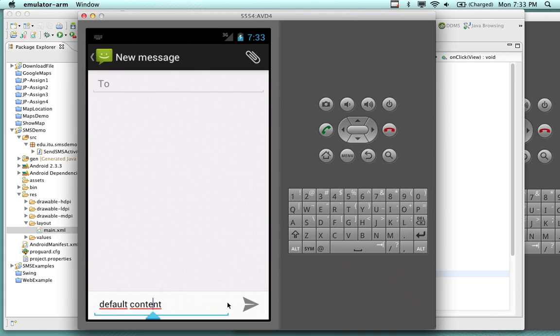Oops. Default content. That's where that's coming from. I sent it to it. So what you could do, essentially, if you wanted to, is send it all the information and use it completely, which is what the next example is going to do. It's going to take in the name, it's going to take in the message, and you're going to press send, and the program is just going to stay there. It's going to look like it's actually doing all of the work, when in fact,